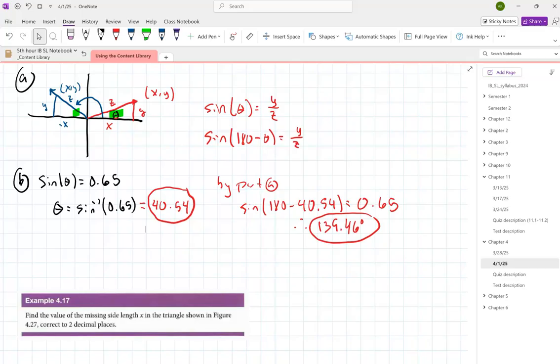Nah, to be honest with you, I wouldn't ask you to do this, but here's the idea. Okay, here's our triangle. There's my theta, right? So I'll call this side A and this side B. So the idea is that this is like